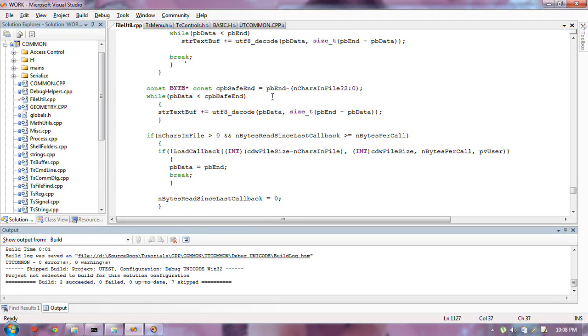Now since it's UTF-8, it's possible that it might take up to 3 bytes to decode one char, right? So I don't want to go all the way to the end, because I might be at, so let's say